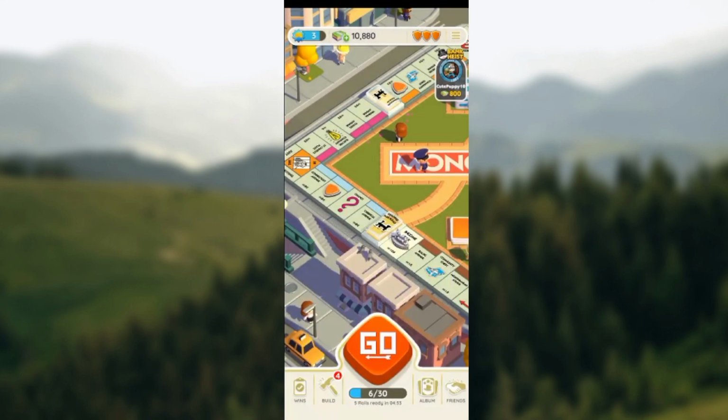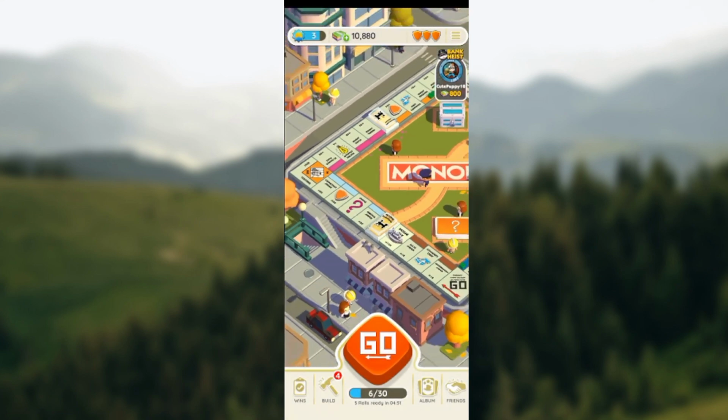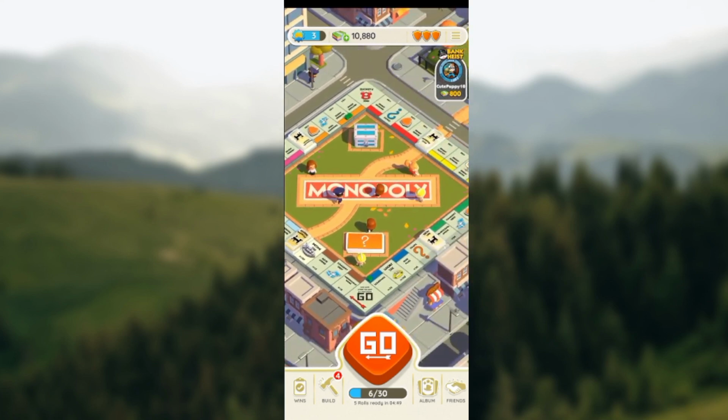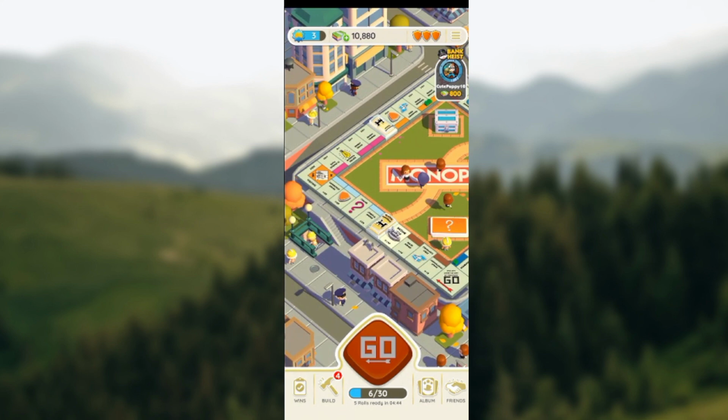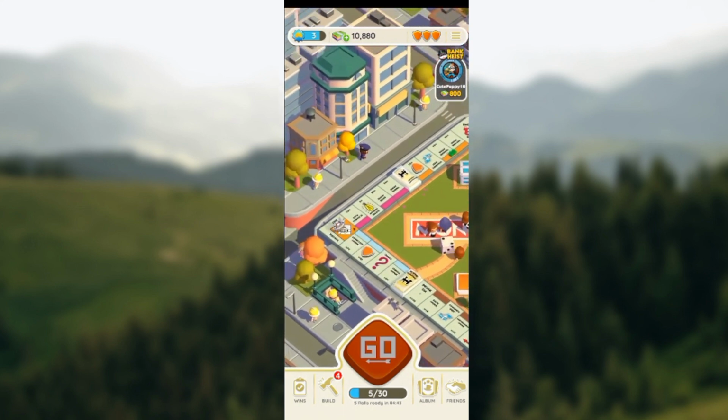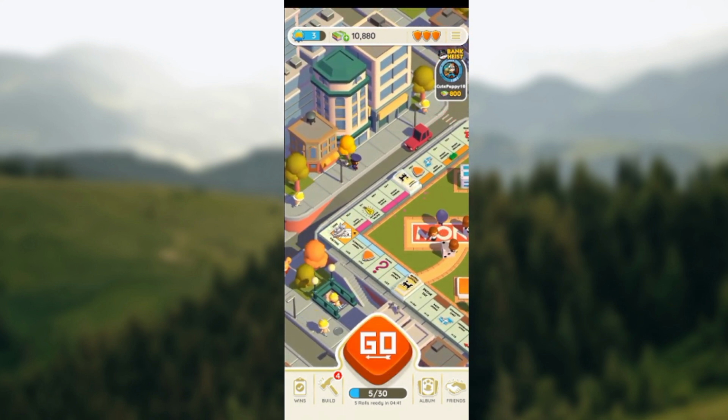And then the second way is by just rolling your dice and play as much as you can. Alright, once you roll your dice and then your dice lands on attacking or playing with a friend, once your dice lands on that, you'll be taken to your friend's dashboard where you'll be asked to attack or target that